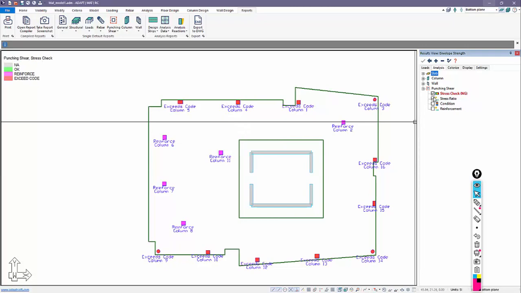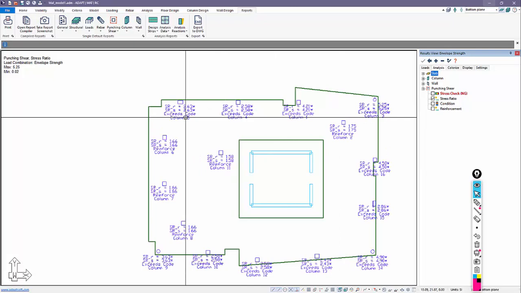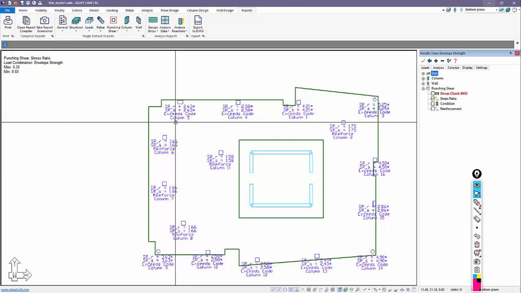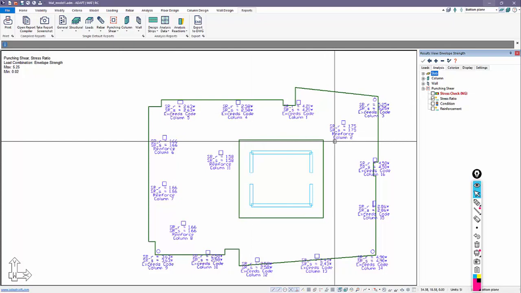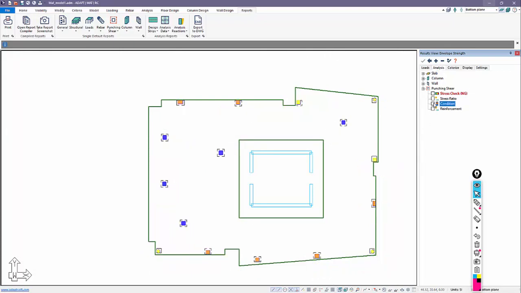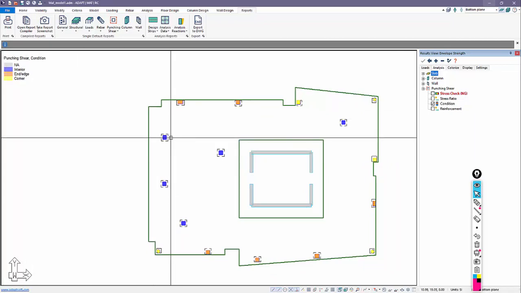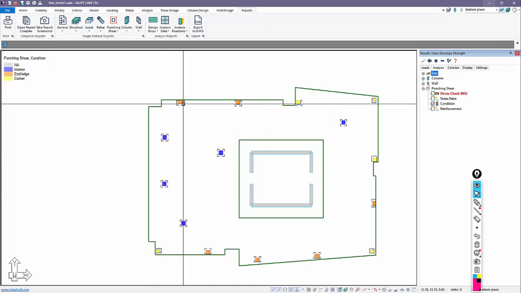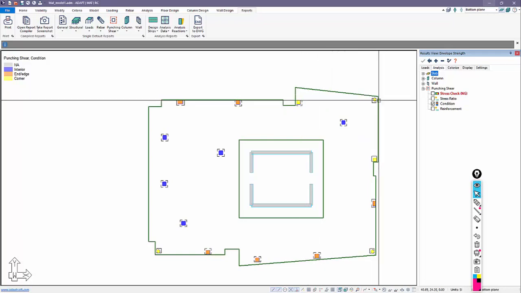Let me go ahead and turn stress ratio on, and this gives us the ratio for each, let's say, bending about the local axes separately, about R and S. And we can see some of these high ratio values for the exceeds code columns. This will also show us the condition. How is it being checked? Well, blue is an interior column. There's 4 critical sections, 4 critical sides, basically, for a critical section. The orange is end edge, which is a 3-sided critical section. Yellow is actually a corner condition, so we have a few yellows.